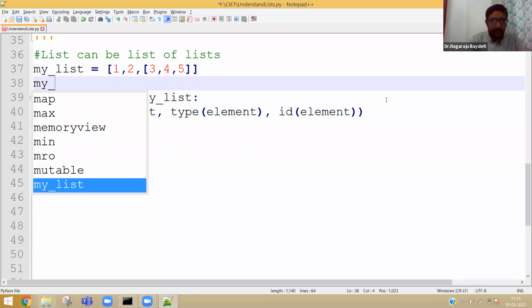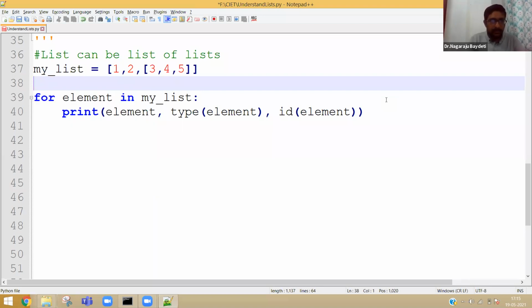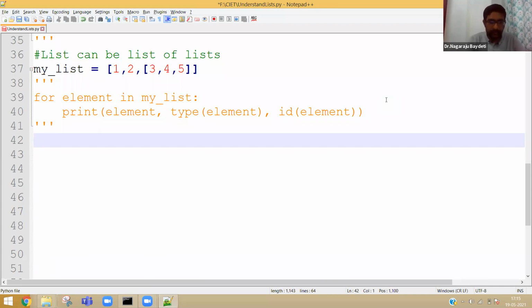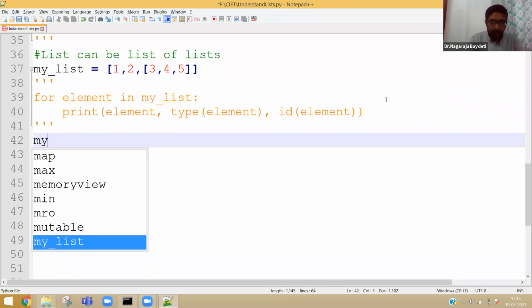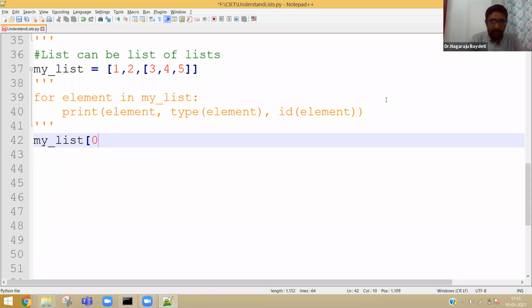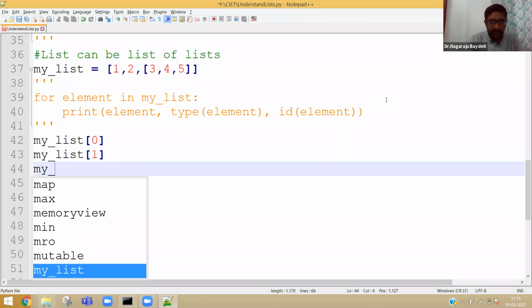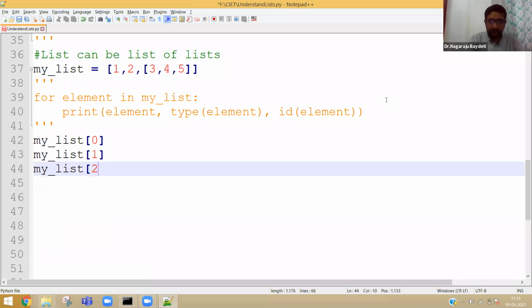Now, instead of individual elements, I can also write my list of 0. I can write my list of 1. Then my list of 2. In my list of 2, there are 3 elements.